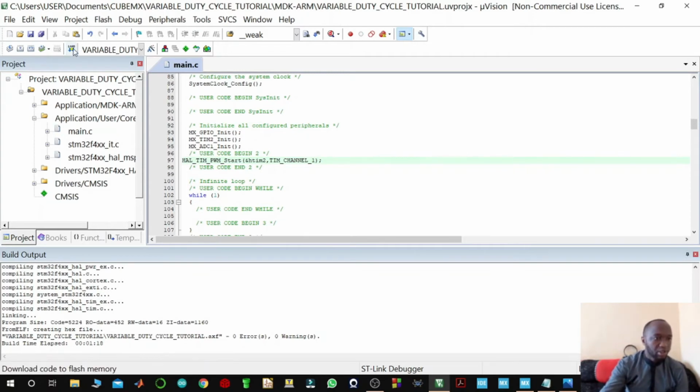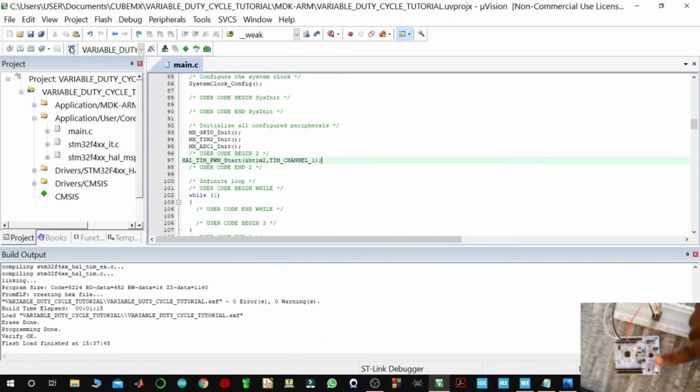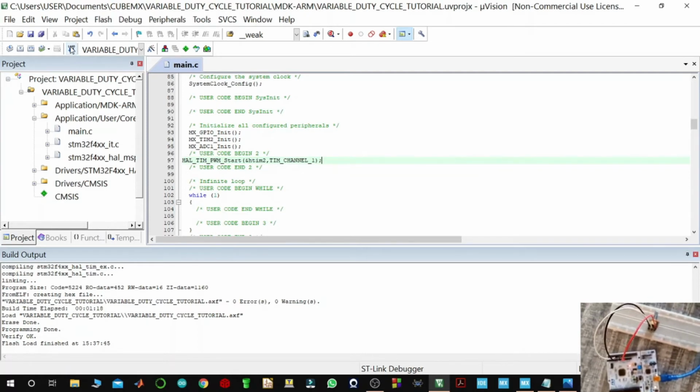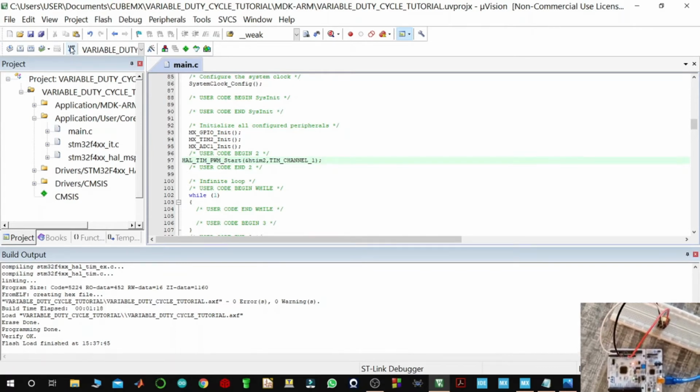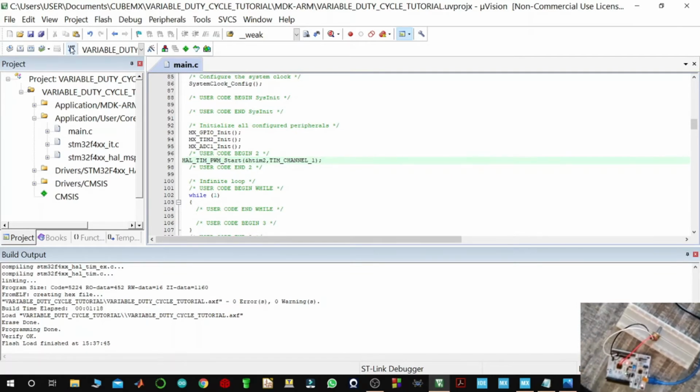We can maybe load the code and see whether we have the 1 second PWM signal. So when I manually reset, you see the PWM signal is 1, so the period is 1. It is blinking after every 1 second. So at this point it is not variable, so we go back to our code,